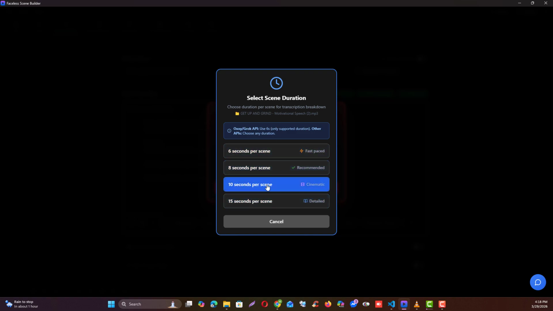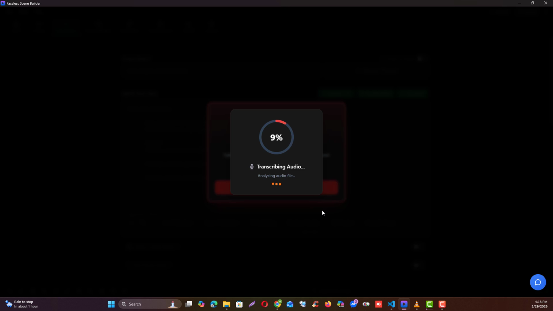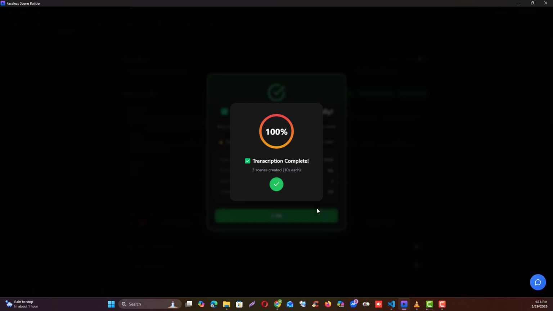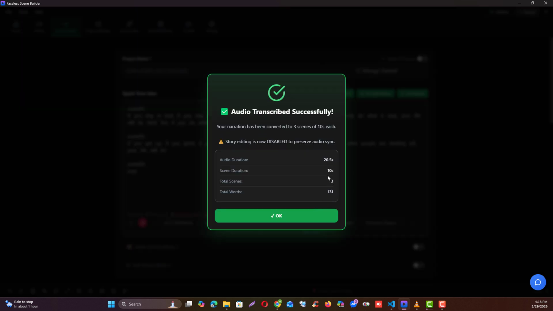I choose 10 seconds. To create a 10-second clip, it will automatically extract how many scenes your audio will have based on those 10 seconds. So you see there are 3 total scenes since 20.5. Well, it could have been 2 scenes, but it took another scene, but it will adjust when you click